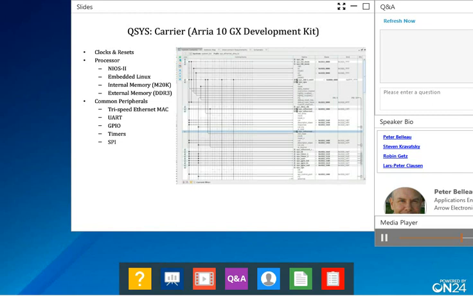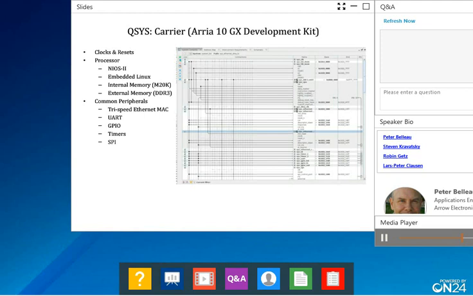It utilizes memory within the FPGA, M20K memory blocks as caches, and external DDR memory via the DDR memory controller as system memory. Slave ports of common peripherals such as the Ethernet MAC, the UARTs, PIOs, timers, and a SPI master are wired to the Nios 2 data master.